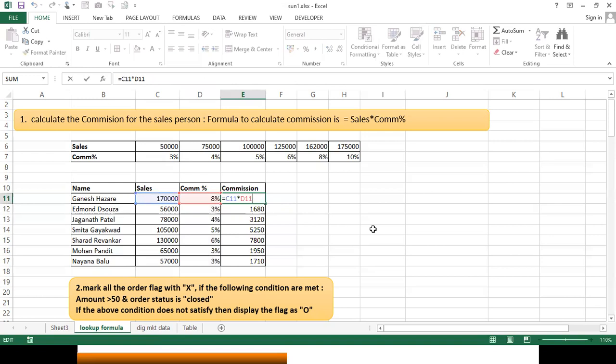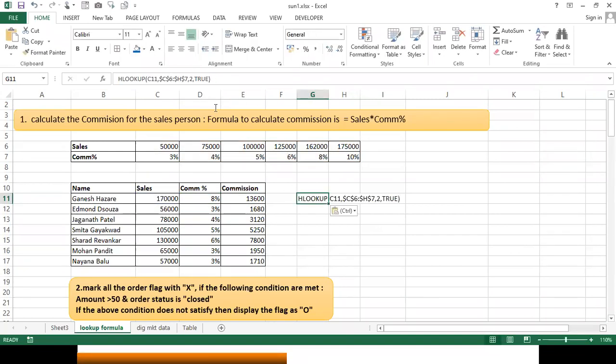So that was VLOOKUP. This is HLOOKUP. It's absolutely similar. Only the way we refer to it differs. I'll just write it for you here, on this side. Probably you can refer to that.